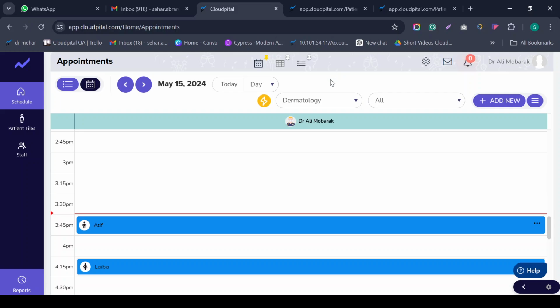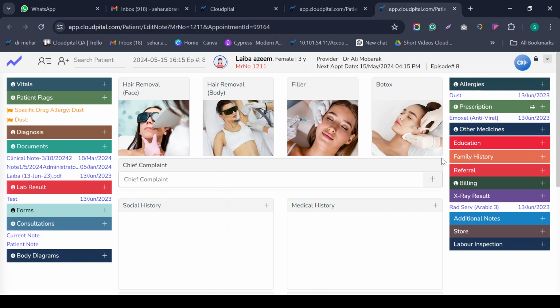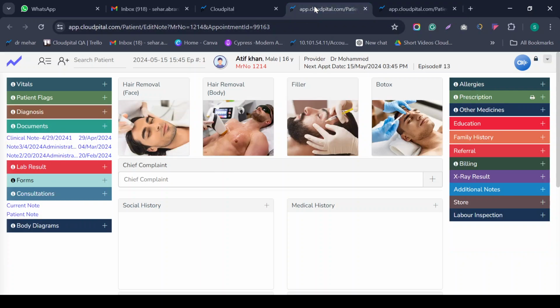If I go back to the clinical note in this screen, we can see all of the female features shown at the main screen. So the specialty features are linked according to gender. If a male patient comes to our clinic and a male appointment is scheduled, then all of the male derma features will be shown at the clinical note screen. If a female patient's appointment is scheduled, then all of the female data will be shown and reflected in the doctor screen. So I'm going to explain all of the male process.